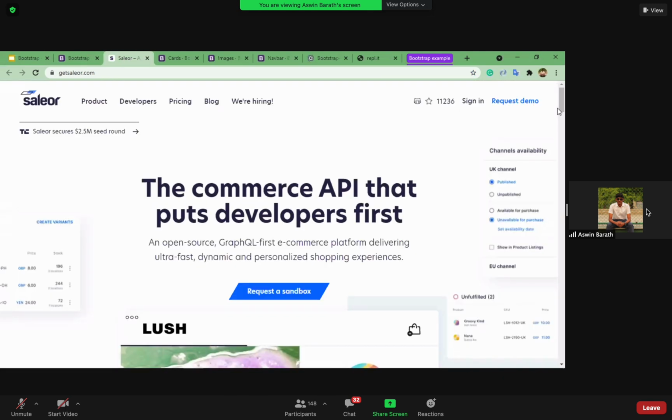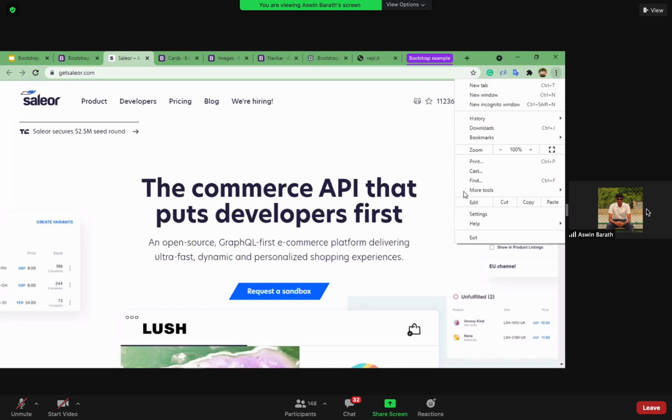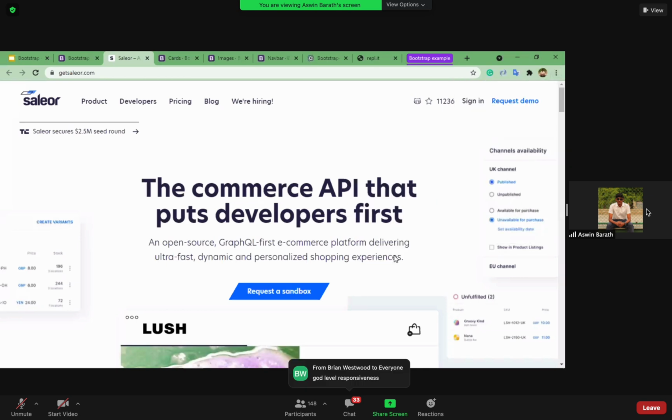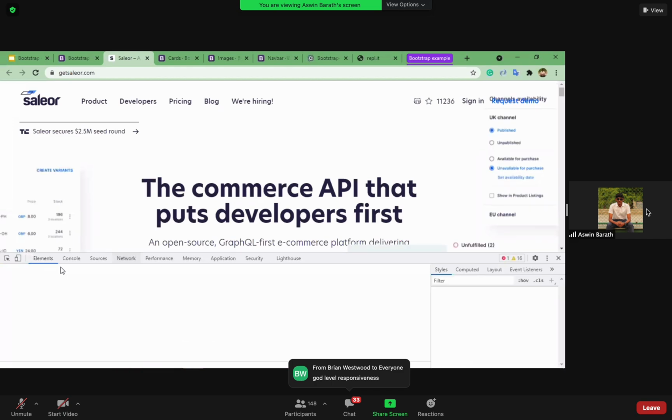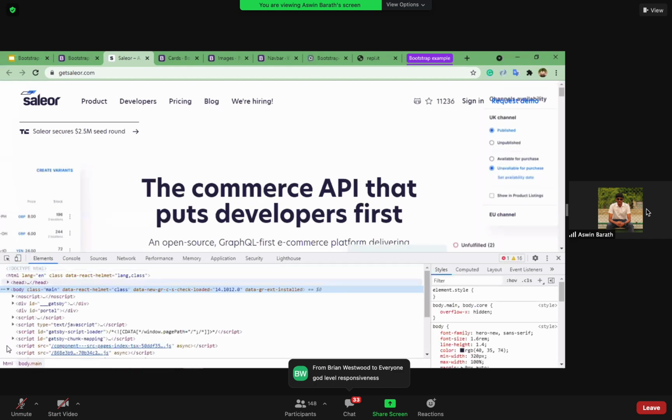So yesterday, if you guys can remember, I told you to use developer tools, right? If you can see these 3 dots over here, we can go to more tools and developer tools, or Control Shift I. Okay, I'll go over there. So if you can see over here, there's an icon with a tablet followed by a mobile icon.